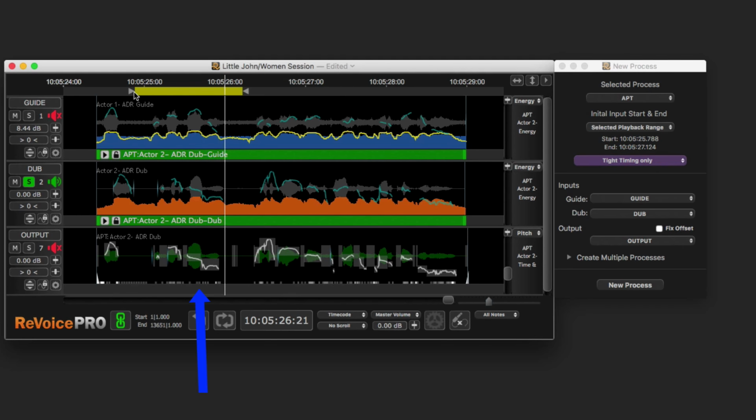I should have told you. He goes down. So if we want the output to have the same pitch pattern as the guide, I'm going to open the process window by pressing P